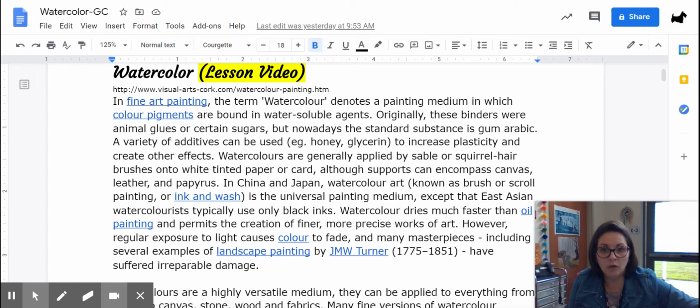In fine art painting, the term watercolor denotes a painting medium in which color pigments are bound in water-soluble agents. Originally, these binders were animal glues or certain sugars, but nowadays the standard substance is gum arabic. A variety of additives can be used, honey, glycerin, to increase plasticity and create other effects. Watercolors are generally applied by sable or squirrel hair brushes onto white tinted paper or card, although supports can encompass